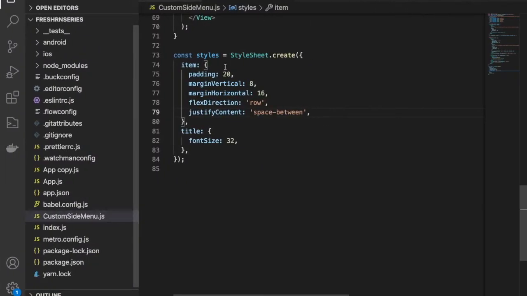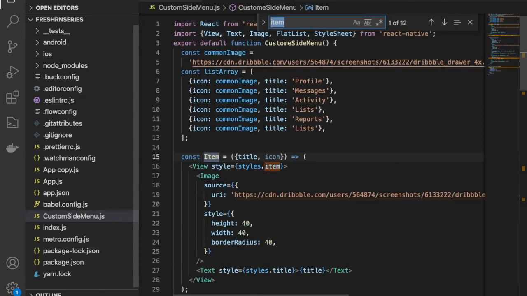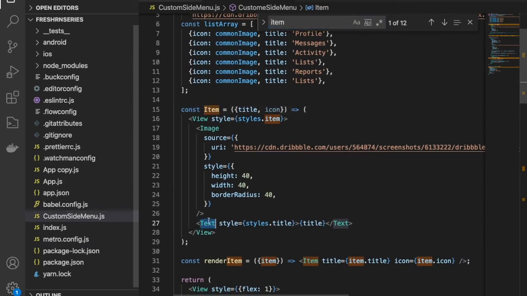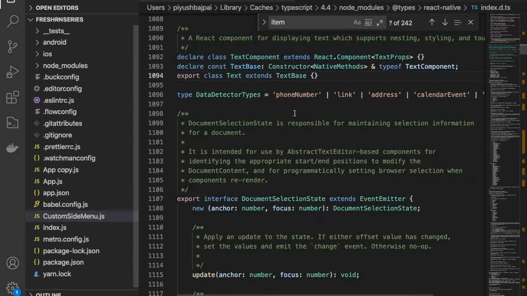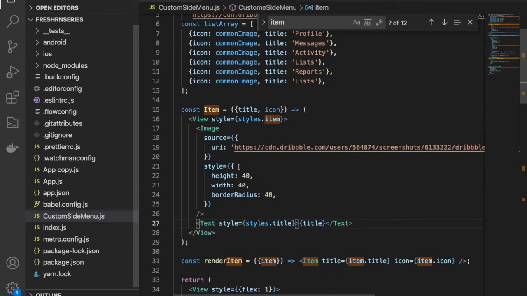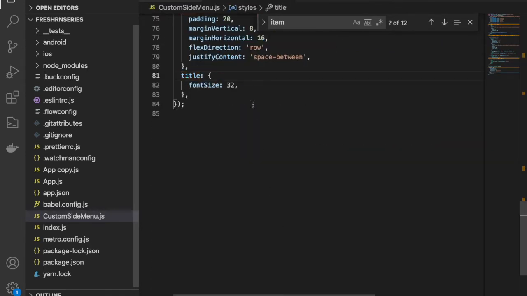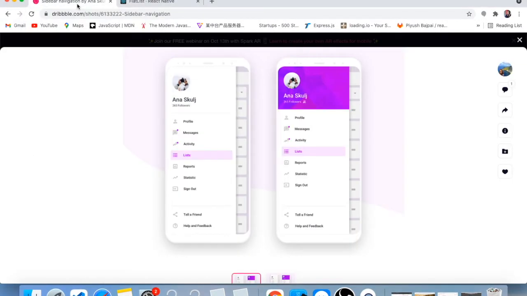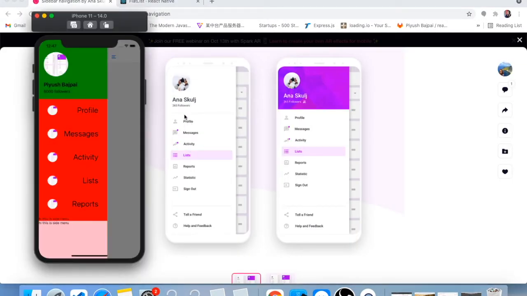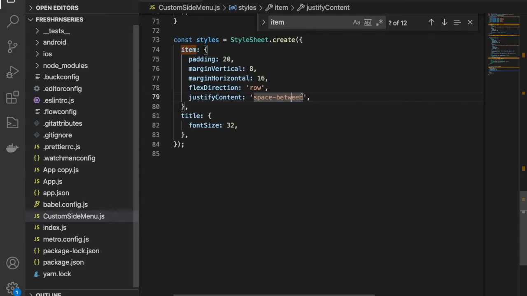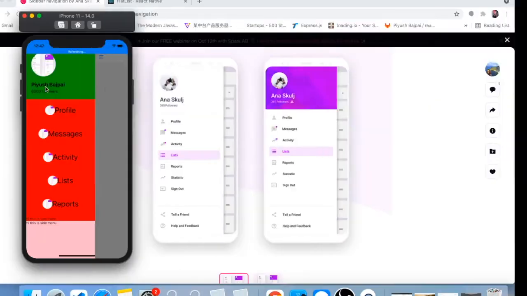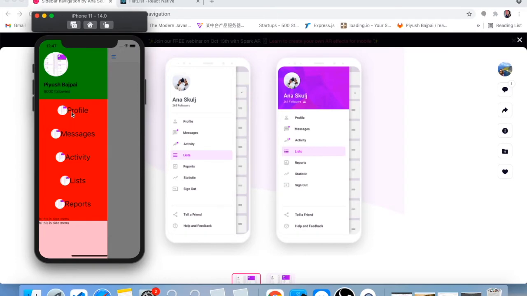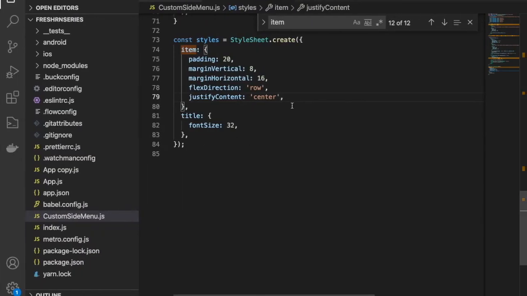And then we have this item, we have this text, right? We have this title style, so we have to go to the title style. And guys, if you can see, we have all this text aligned to the start. We don't need this actually. If we make it center, then it will be in the center of the item, but I don't want to do that.